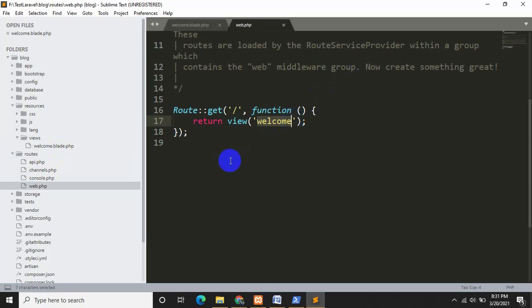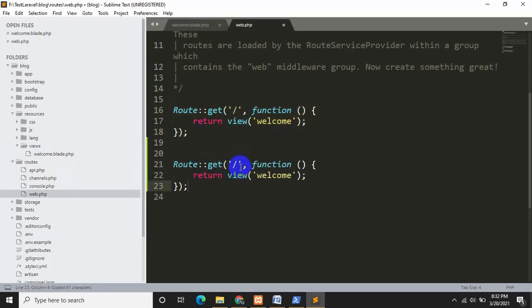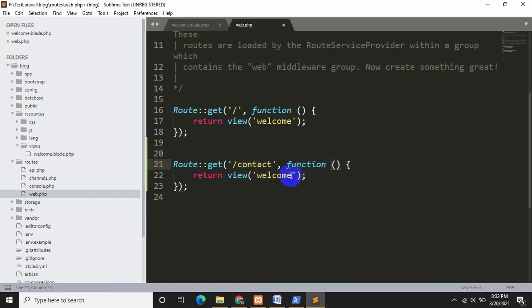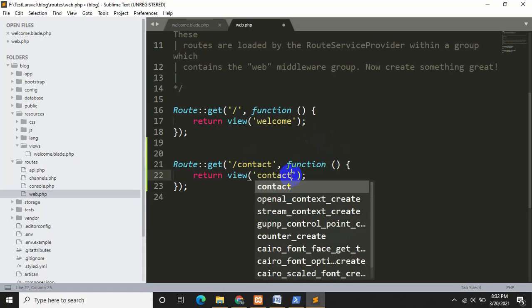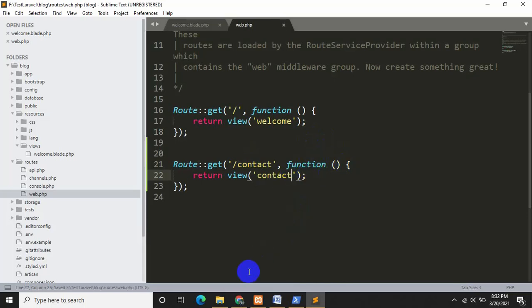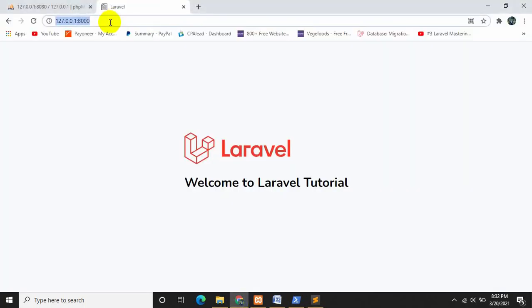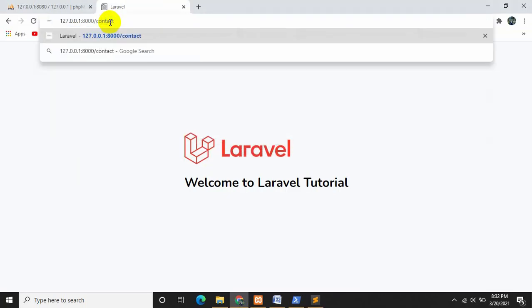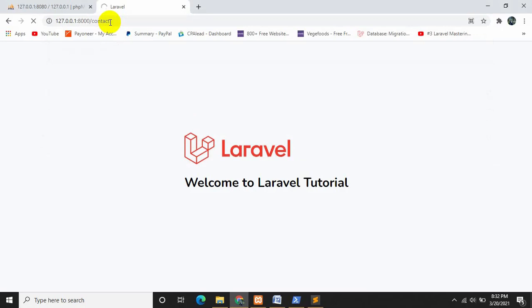Okay, now let's say you want to create another route. Let's say I'll just copy it and paste it. Let's say contact and return view contact. So if we just say over here slash contact, we will see no view, right?